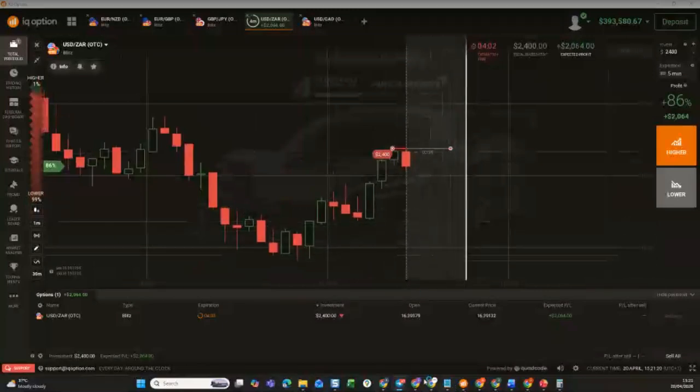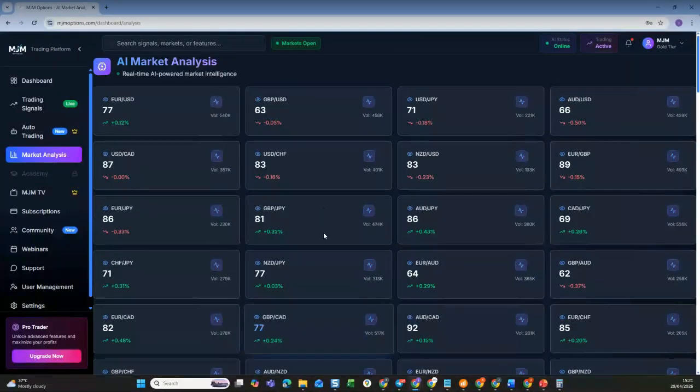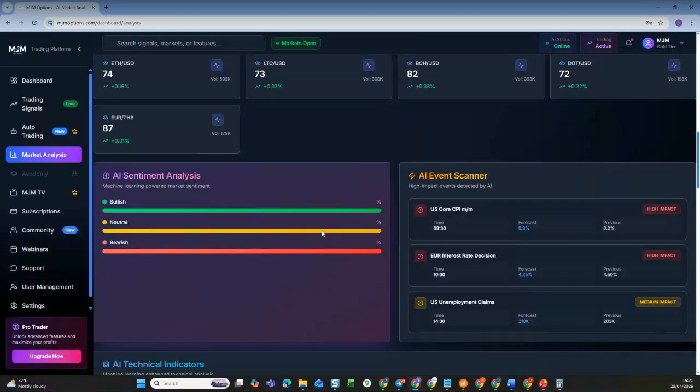Okay, so let's go on to other parts of the AI. Next thing we have here is the market analysis. This talks about the ability of the AI, and most importantly how the AI comes to a decision